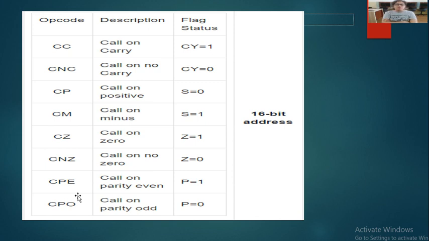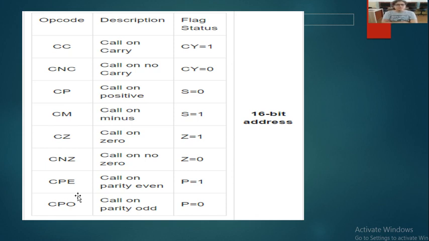As I have already told you, it can be any of the conditions, any of the instructions. That's why I am explaining all 8 instructions of this group. In your exam, the examiner can ask any single instruction, or can ask all the instructions of call. If they ask for all, you have to explain all 8 instructions.